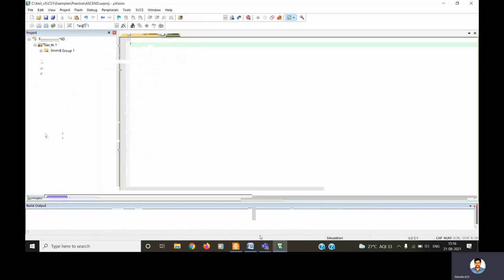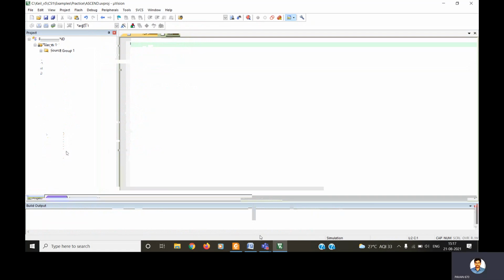And this is the PSW register, program status word register, which will give you an indication of what type of flag got affected. Here there are different types of flags. Parity flag. This F1 is a flag which is left for future purpose, and this OV is the overflow flag. RS is the register bank selection bits.